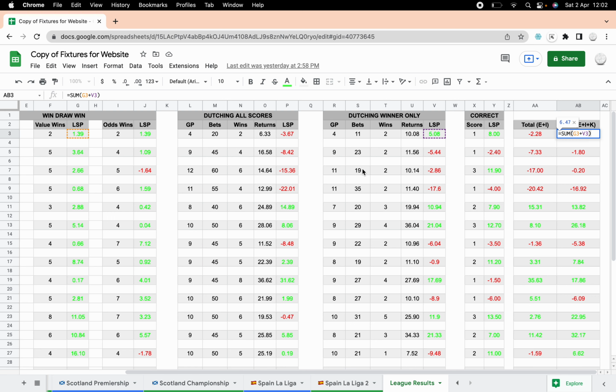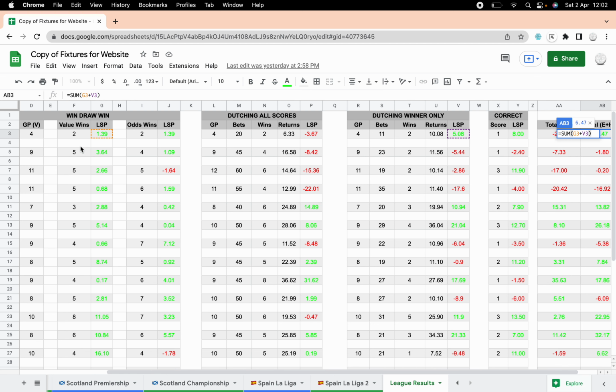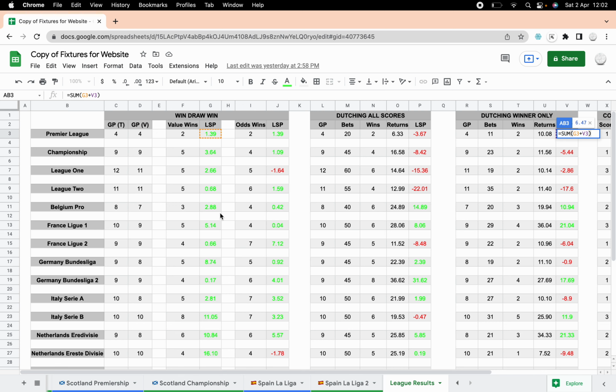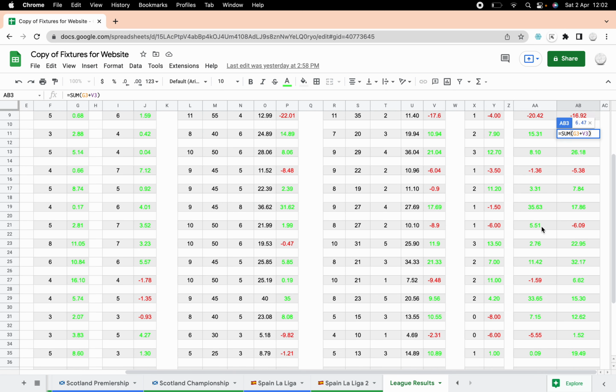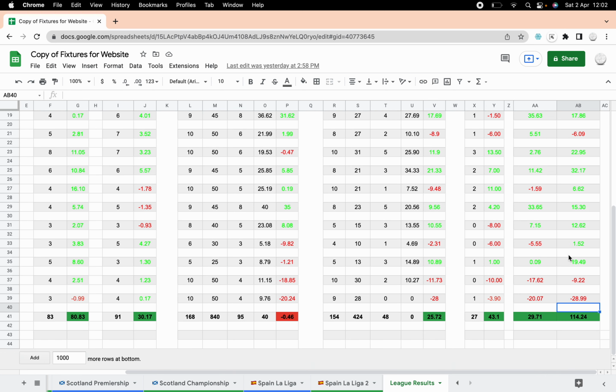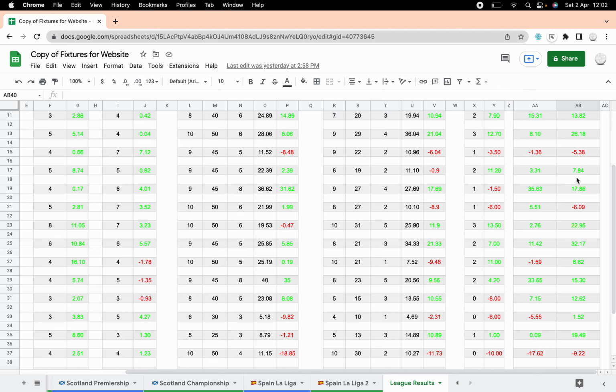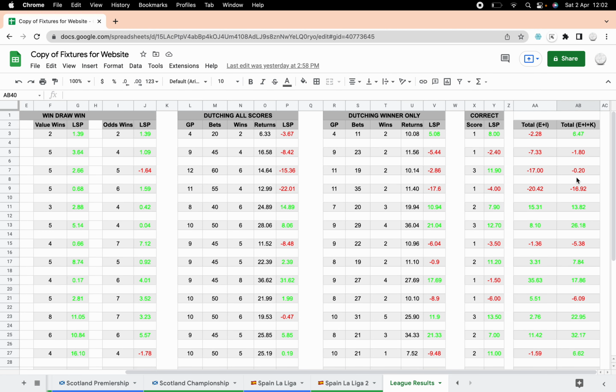But then if you do the opposite, well, not the opposite, but the other version of only doing value wins and only Dutching the scores of the value win, then you end up with £114.24 profit. So you can just see how putting a bit of effort into filtering out the scores and the results that the system is intuitively telling you not to bet on,